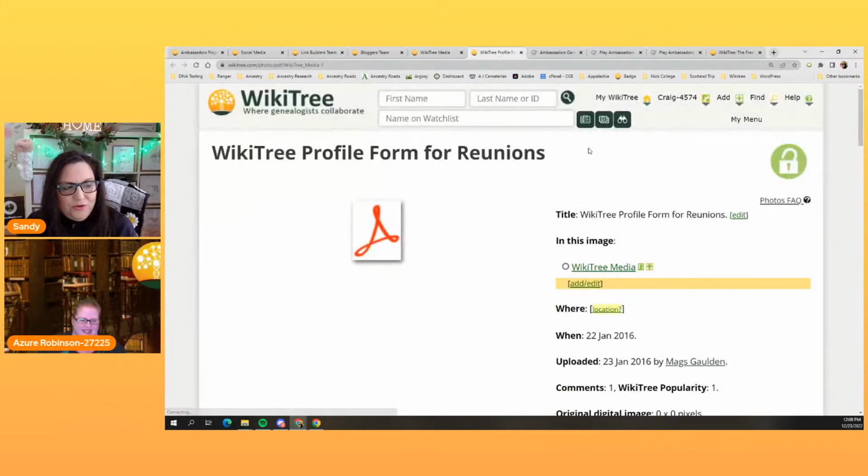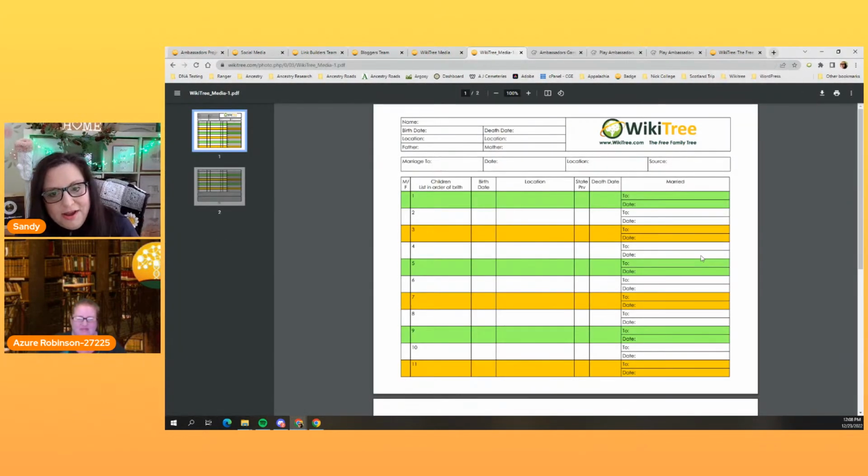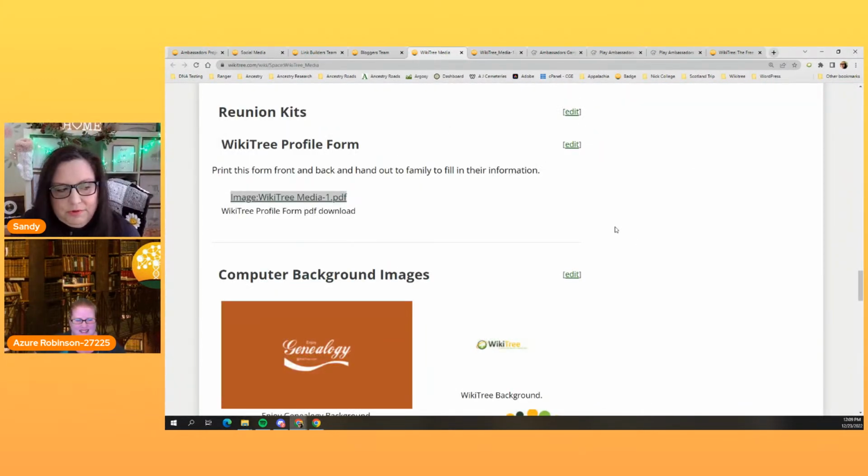You can print it out and it will give you the basic information that you want from the people at the reunion. And this is just another way to source and check your sources, because how many people have Uncle Joe, but his name is probably Uncle Antonio or something like that because he goes by a nickname. Well, this is a great tool to use. I am just thrilled with the reunion.